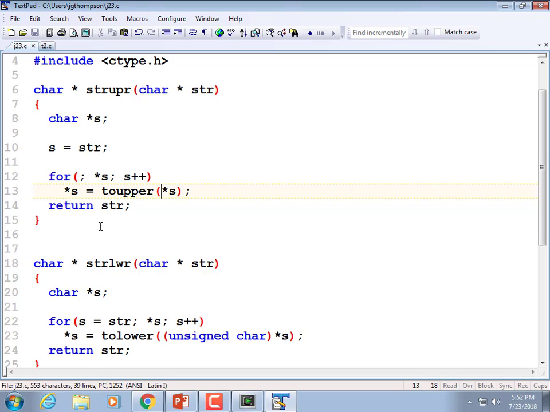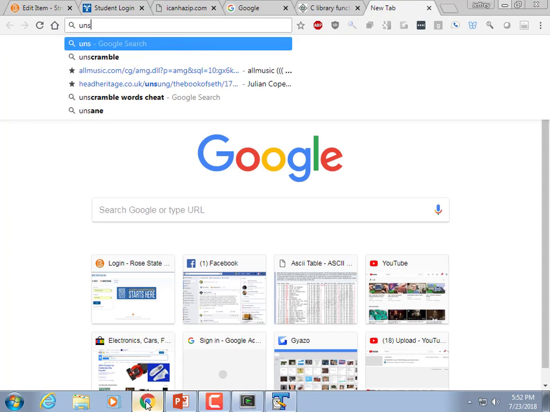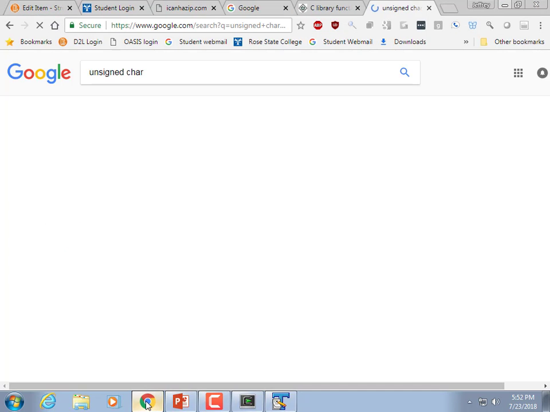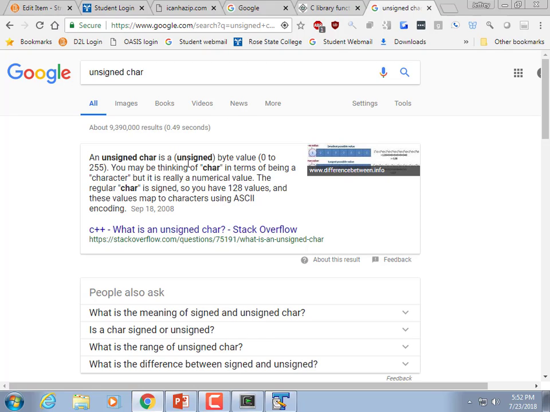Why do you have an unsigned char? Like, what does that even mean? Yeah, what's the difference between a signed and an unsigned char? Let's Google that one up. An unsigned char is a byte value. The regular char is signed, so you have 128 values. But an unsigned char